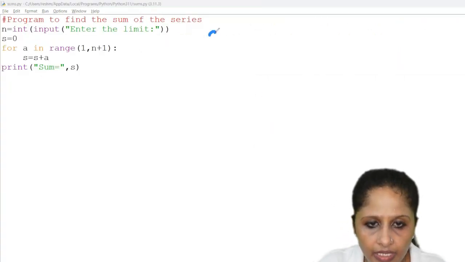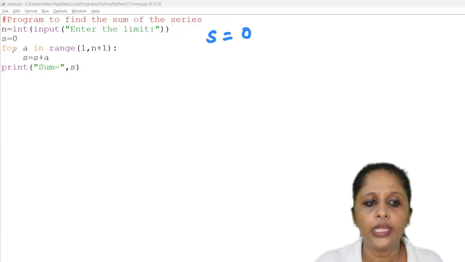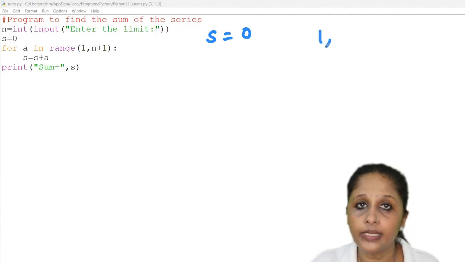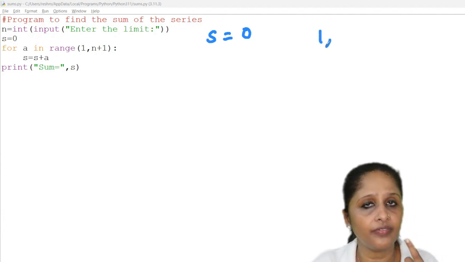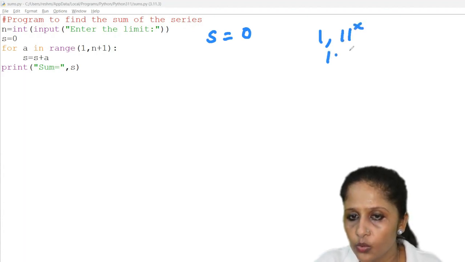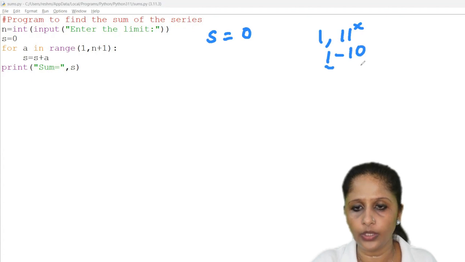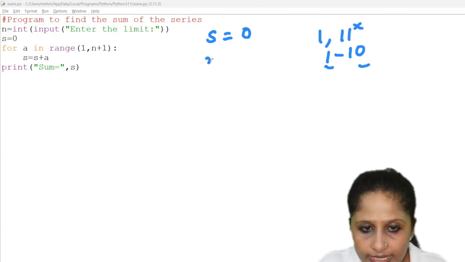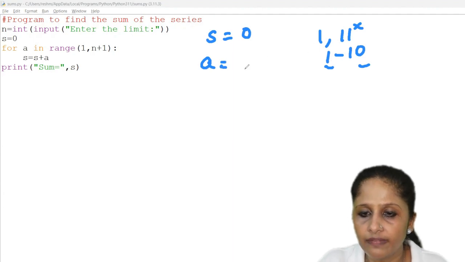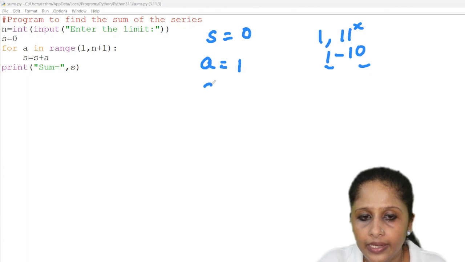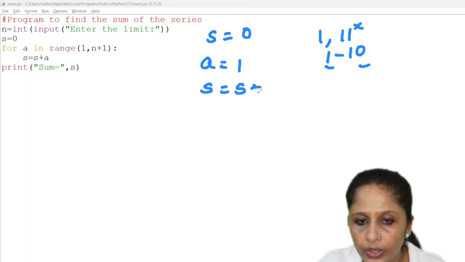See here I have initialized s as 0. Then for a in range of 1 comma n plus 1. That is the loop is going to work from 1 comma n plus 1. In the example I have given 10. So it is up to 11. So 11 is not included. So 1 to 10 we can say. Okay. Then for a in range of 1 comma n plus 1. So what is the initial value of a? The initial value of a is 1. So that time it comes inside the loop and it is doing the operation s is equal to s plus